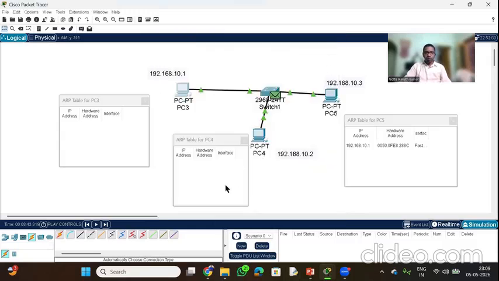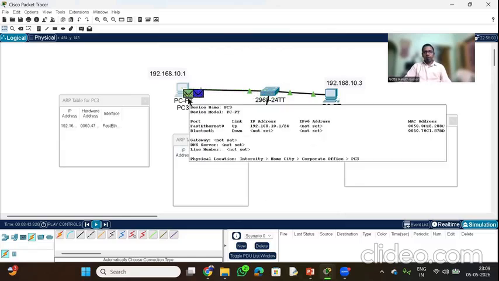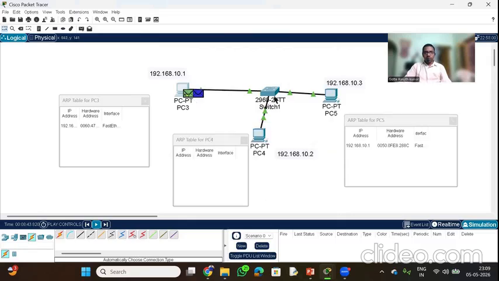Now choose this, click display. So look at that. Here you get a green color tick mark. So that means the packet from the receiver, destination, reached at the sender. Once it reached at this place, here this ARP table has been updated with the